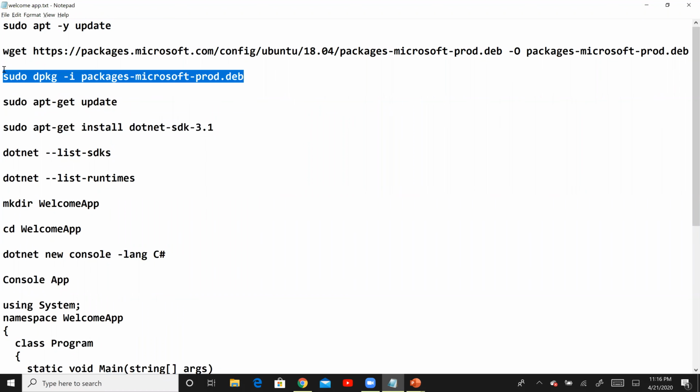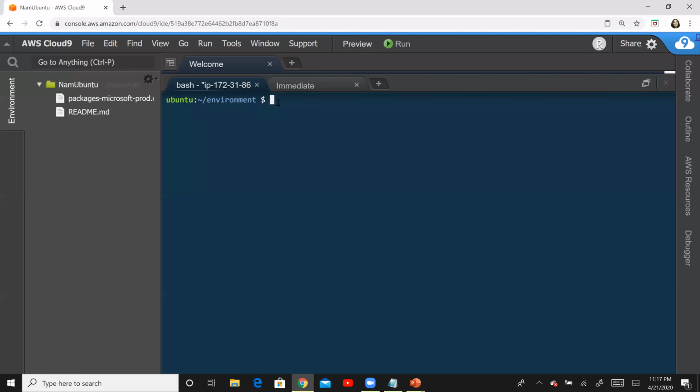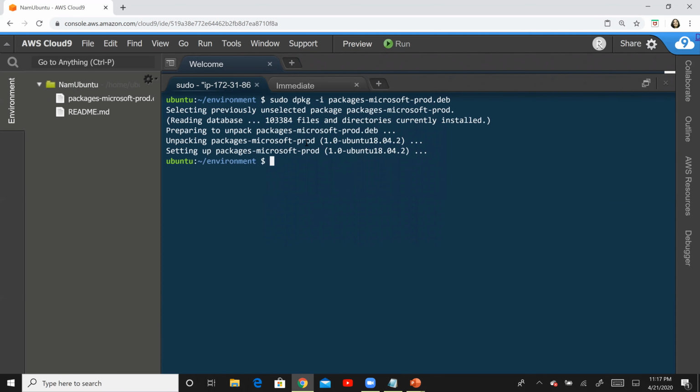Now, one thing I do want to mention is that whenever you run this particular command that I've highlighted, you might get an error that this particular process is not available. If you get that kind of an error, don't get alarmed, just wait for a while and then rerun it. Whichever process was using this might have completed, and after that lock has gone, you will be able to run this command successfully. Okay, so let's paste this here. I didn't get any error, but in the past when I have executed this command, I have got an error. So if you get an error, just be patient.